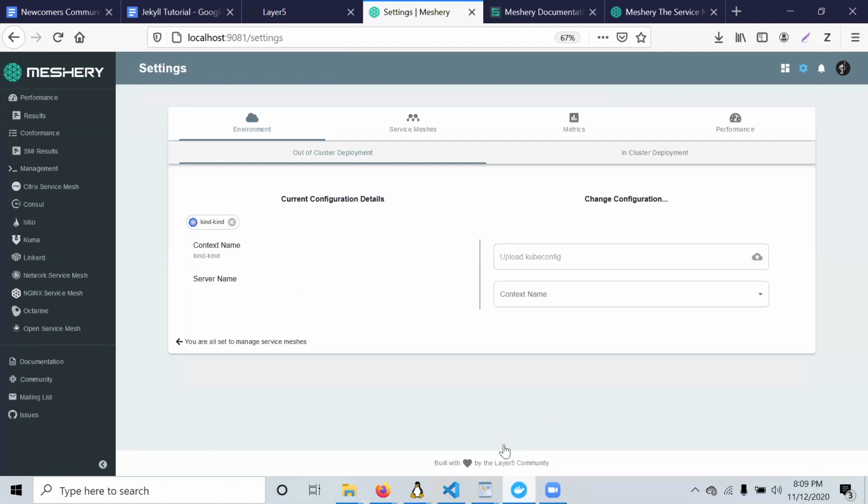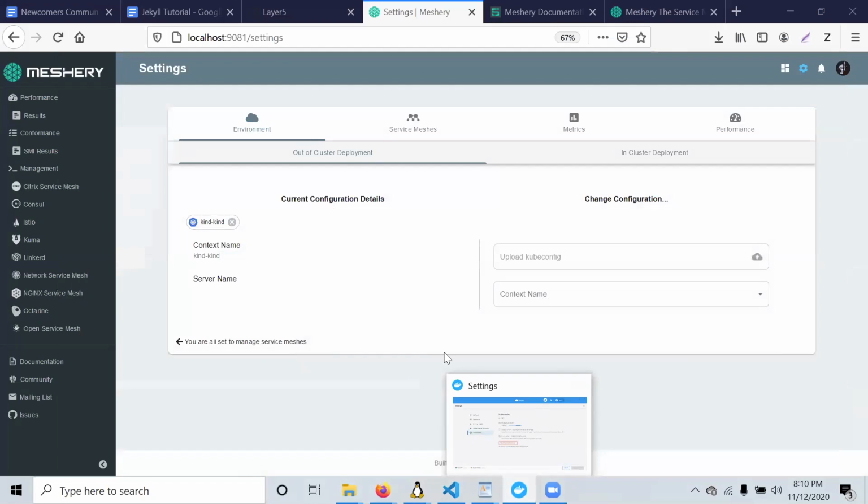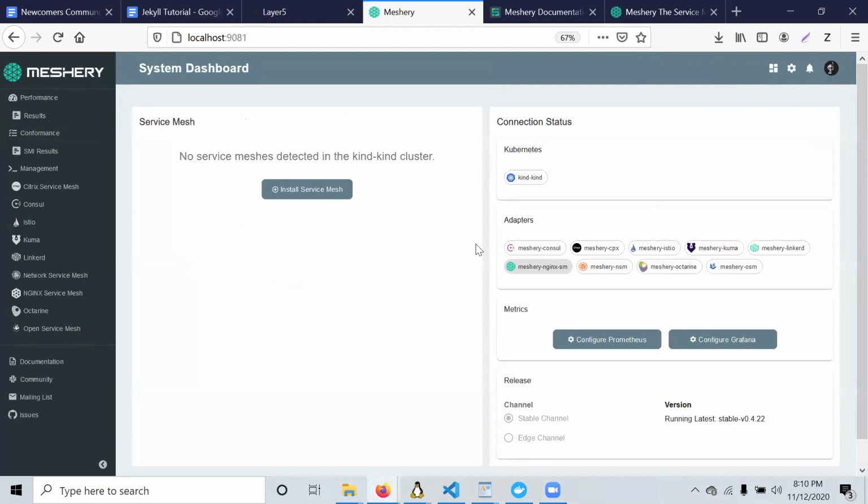If it has it running, that will take time. Okay, I won't be able to show you the individual service meshes then, but let's go ahead and have a look. Let's go back to the dashboard. I'll tell you what will happen because I can't demonstrate it at the moment.